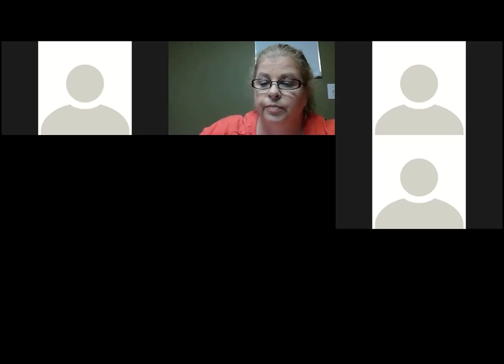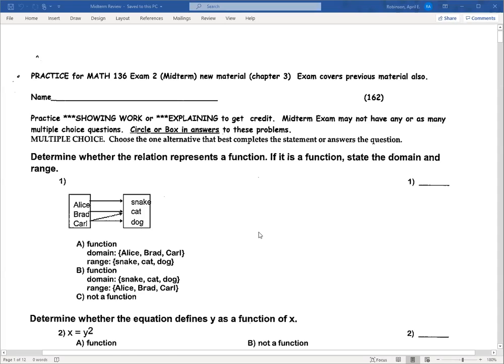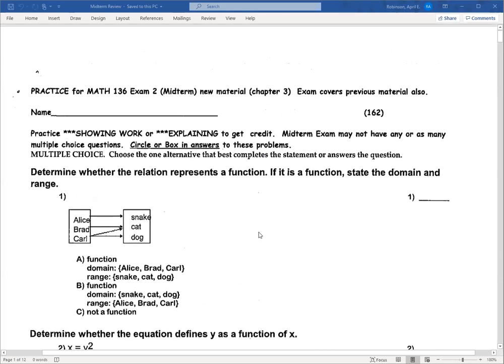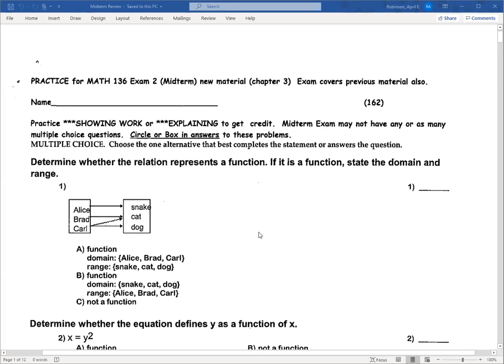There it is. Okay, now this one, the first one I created, and this one came from one of the other math instructors. So